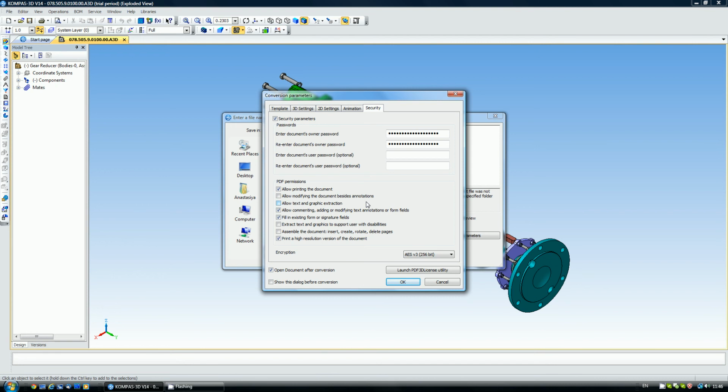And the security tab allows you to control the passwords. There are 2 types of passwords for the PDF files: the owner password and the user password, which is optional and unnecessary. The owner password gives you full access to the file. You can not just look through it, but also you can edit it, do whatever you want. And the user password just allows the user to look through the document, and the rest of the options you can see here as PDF permissions. Besides, with the help of the parameters of the plugin, you can